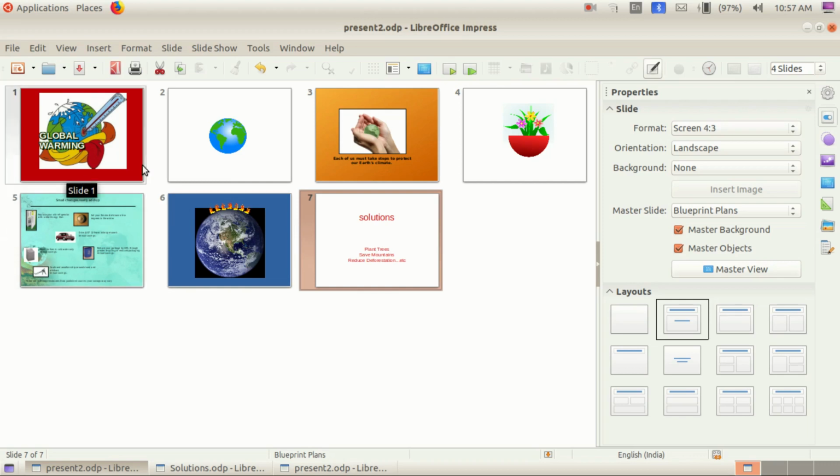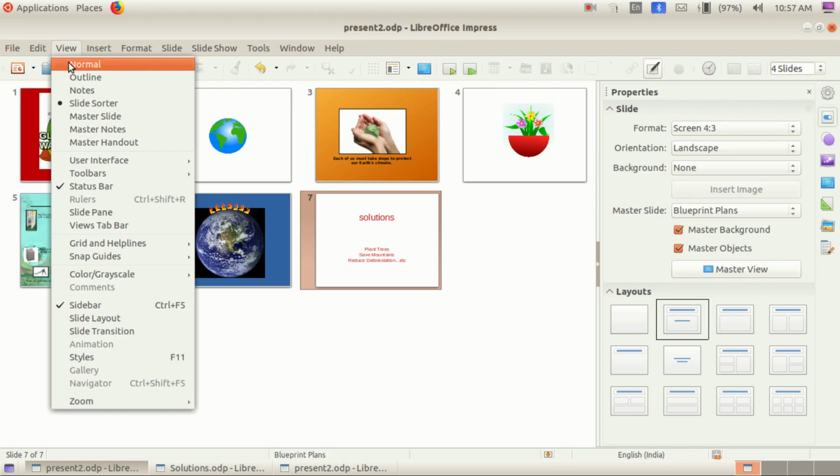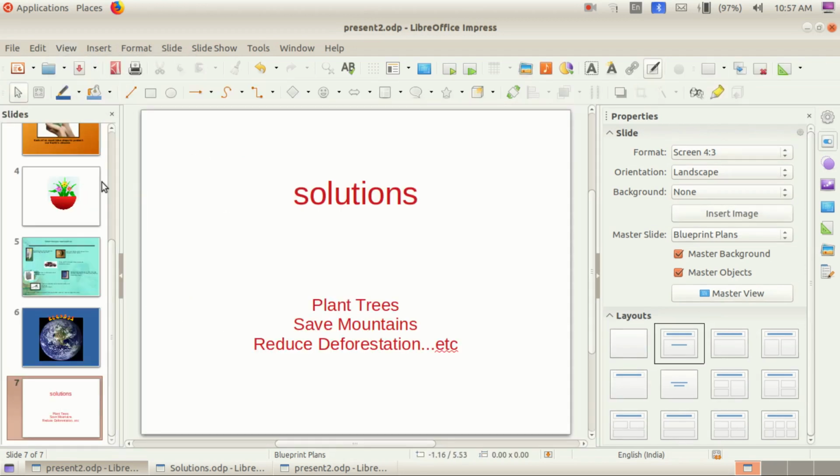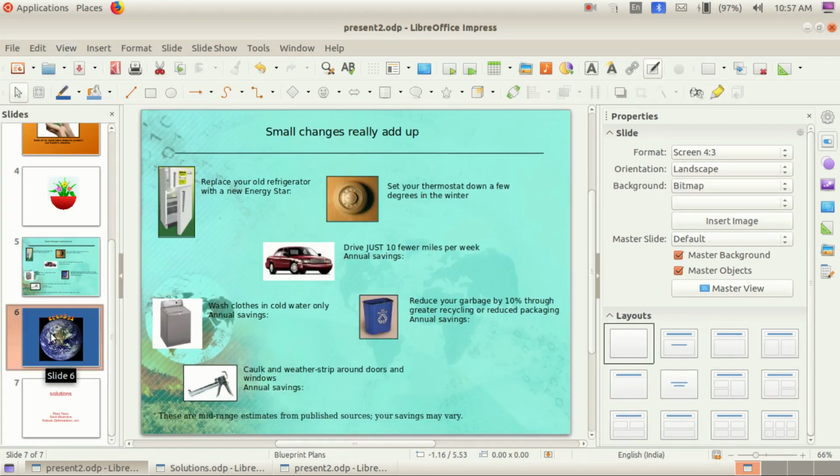Like this way, in any way you can sort which one we need first, which one we need last. Like this way you can simply do with the slide sorter view. To get the normal view, how will you get it? View normal. Is it clear? This way we can work, children.